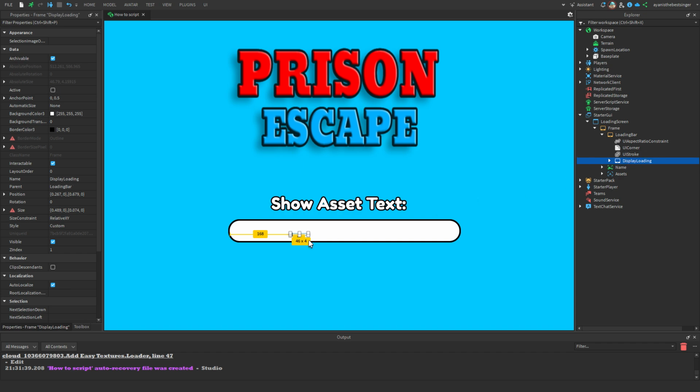Okay, like that, and I'm gonna make the size 1,0,1,0 like that, and I'm gonna move it to the center. I'm actually gonna make the position 0,0,0,0 like that, and I'm gonna move it a bit more down so it fits with the thing, and I'm gonna make the background color green,